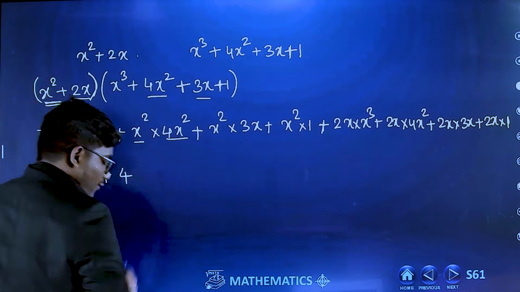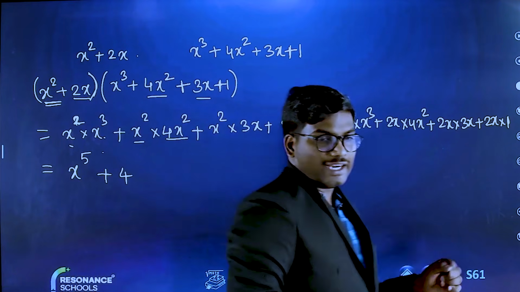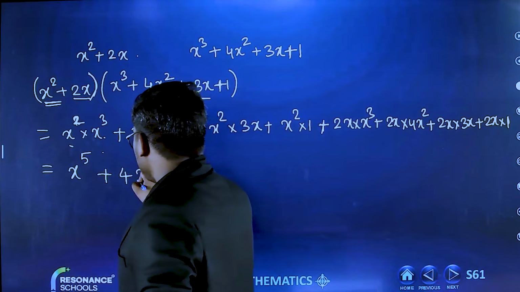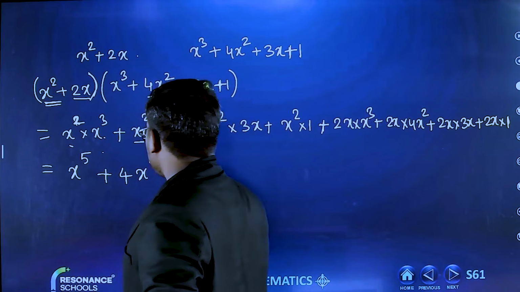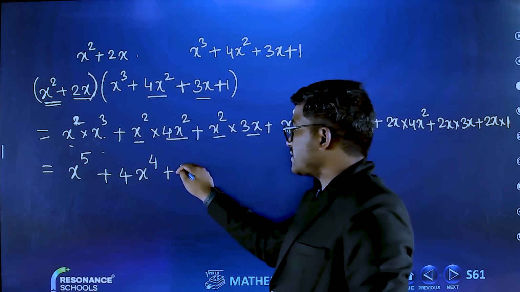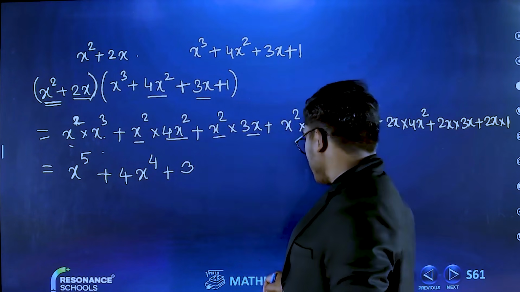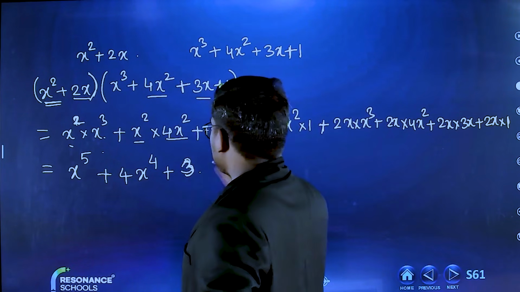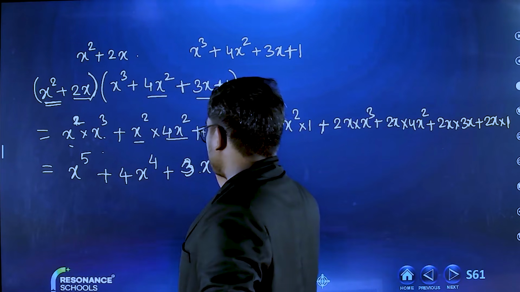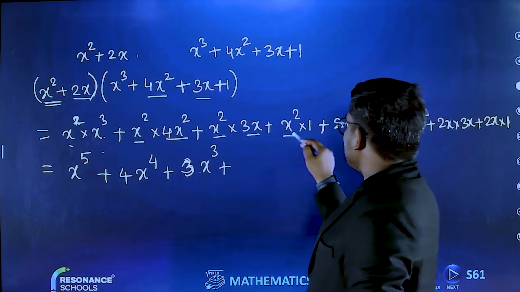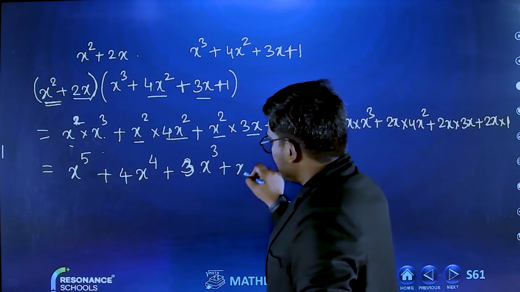I will write down the 4. x square into x square will be x power 2 plus 2, which is x power 4, right? Similarly, x square into 3x, I will write down the 3. 3 times x square into x is x cube, right? x square into 1 will be x square as it is,